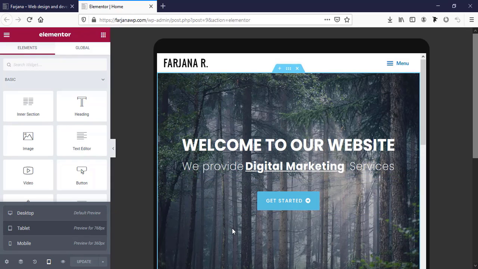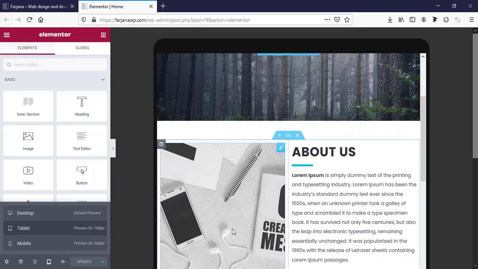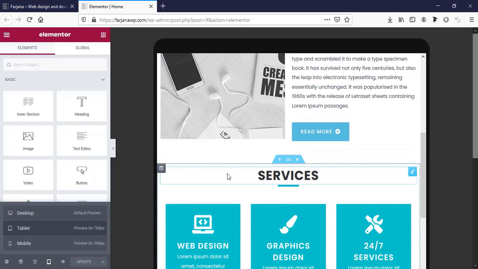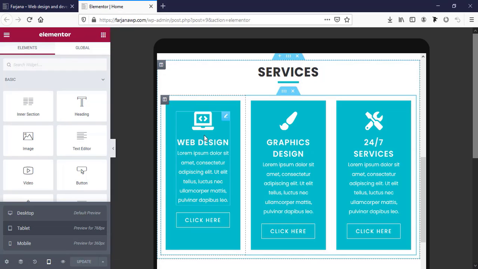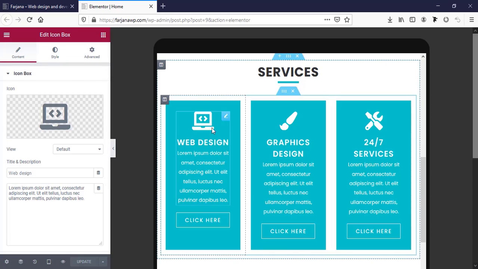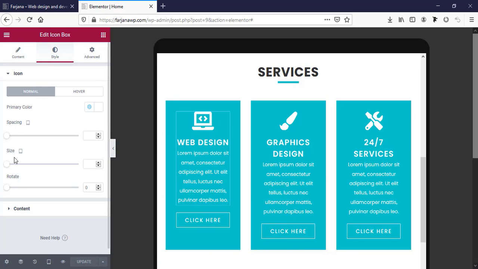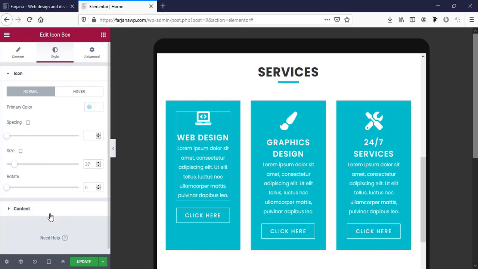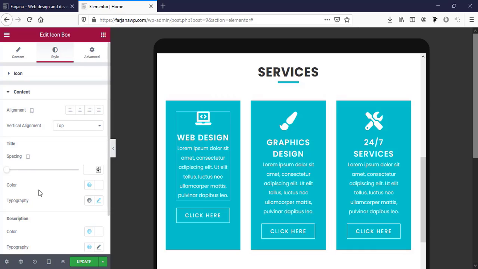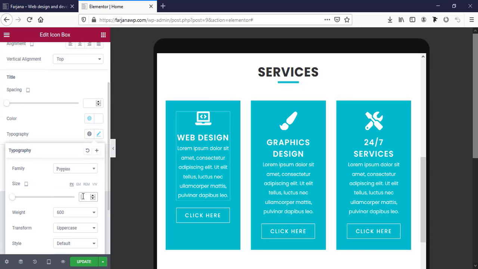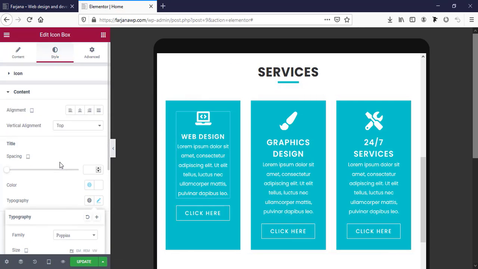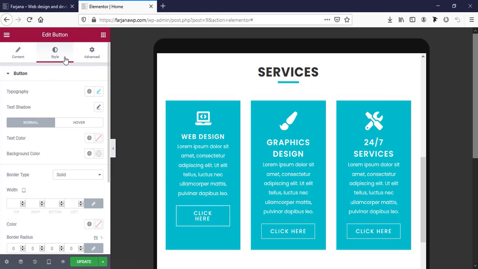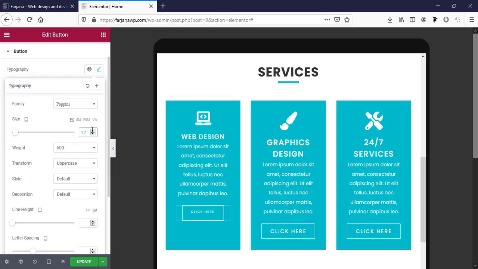I already worked on the tablet and mobile view for these top two areas, and now I am just fixing the below sections. So now the service area, here I'm going to change the icon size for tablet. So here is icon size, we can make it smaller, and also the title, so we can make the title typography smaller. I'm trying 18 pixels, and the button style, so here is the button. Here I'm just going to typography and making the font size 12 pixels. Okay, so looks good. I'm saving it,